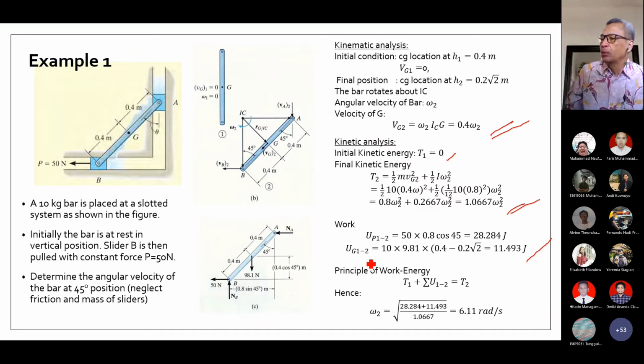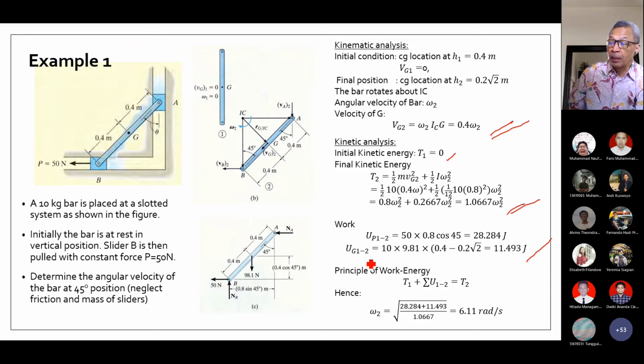Jadi, please lakukan analisis kinematik. Anda harus pahami, walaupun mungkin analisis kinematiknya belum selesai karena justru ada yang harus dicari, tapi model dari gerakan itu Anda harus pahami. Bentuk kinematik dari gerakan, persamaan kinematik yang menghubungkan gerakan satu titik dan titik lain, itu tolong Anda pelajari. Di sini kita pakai IC, Anda bisa pakai persamaan lain untuk mencari hubungan gerakan titik A, B, C.